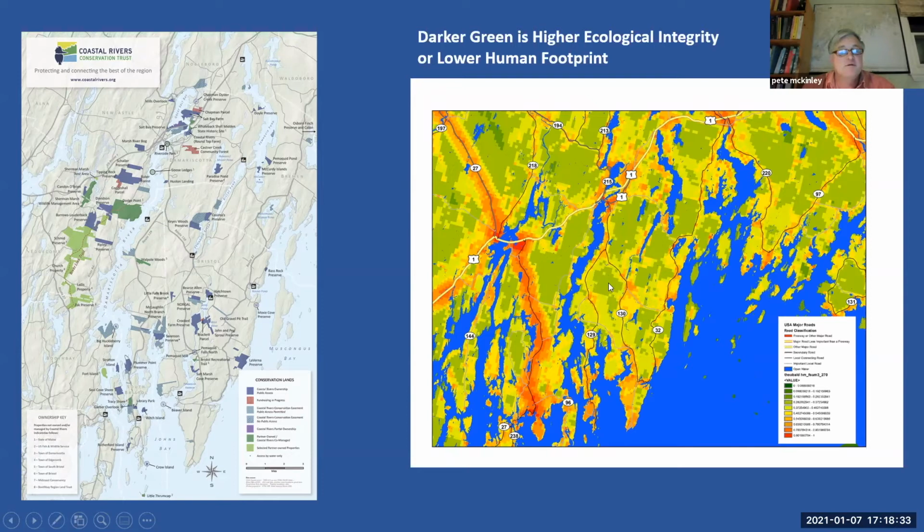They represent oftentimes the highest value for conservation. Not always. There's some smaller areas, especially those associated with aquatic features, that are high value. Not always the case that bigger is better, but I keep on talking about size and connectivity, and these are important for population viability, climate adaptation, climate resilience, and so the idea is that as we fill in these blanks in between conservation parcels, we're guided by natural resource maps, or as landowners are looking to do a timber harvest, or say subdivide and create another lot,